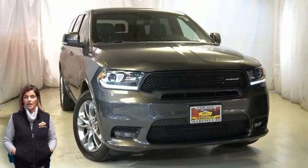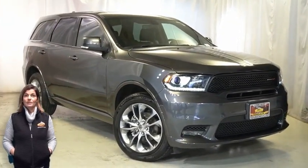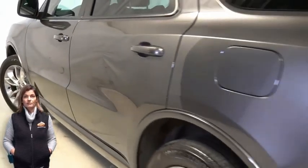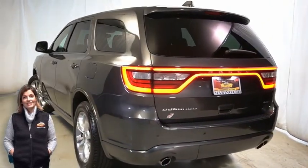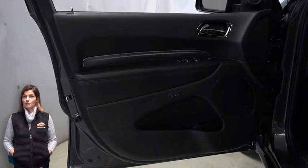With LED daytime running headlamps, premium LED fog lamps, 20-inch satin carbon wheels, power heated mirrors, LED tail lamps, heated front seats, heated steering wheel, 19,000 miles on the odometer,